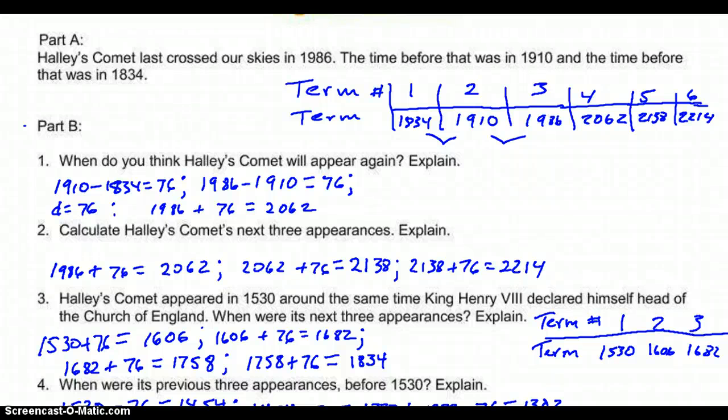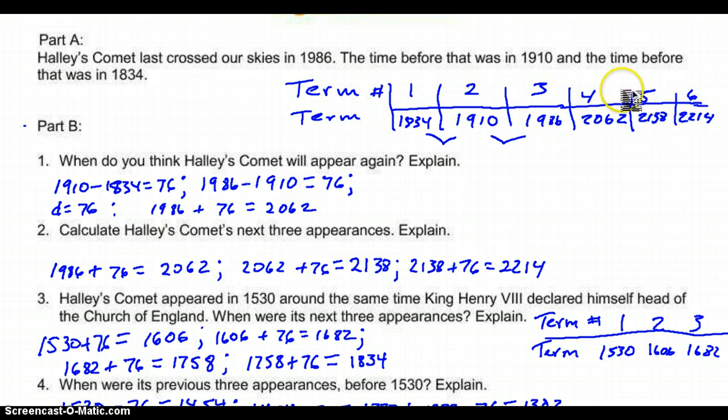I want to talk about some sequences with you briefly. Actually, let's look at this activity with Halley's Comet. According to the directions, it last crossed our skies in 1986. The time before that was 1910, and the time before that was in 1834. So in order to solve it, since we're talking about sequences, I'm going to set